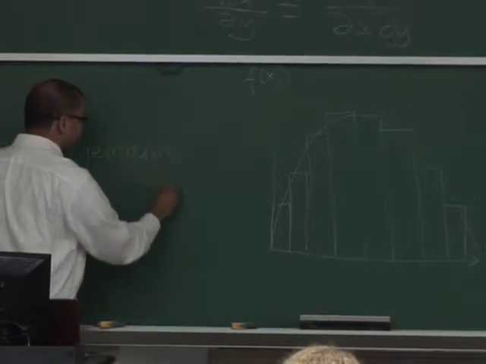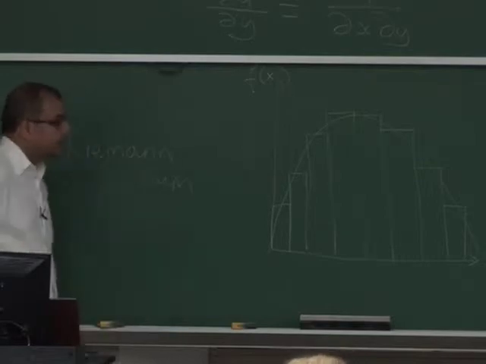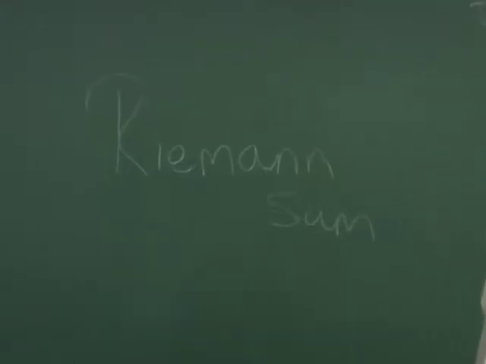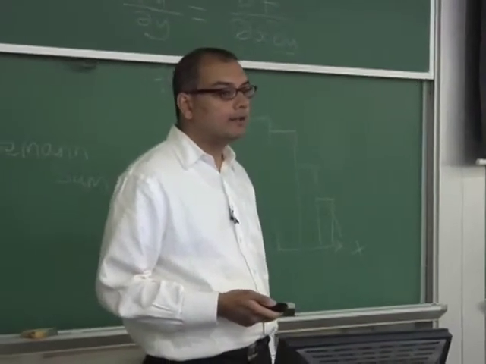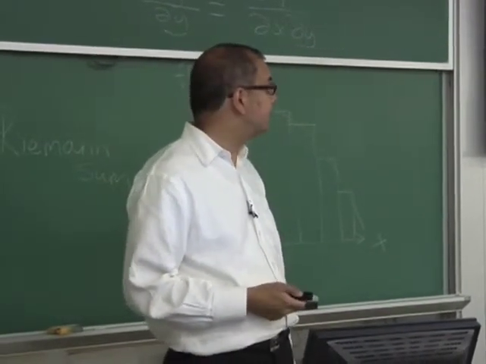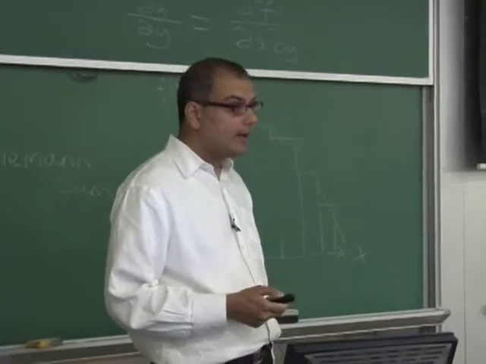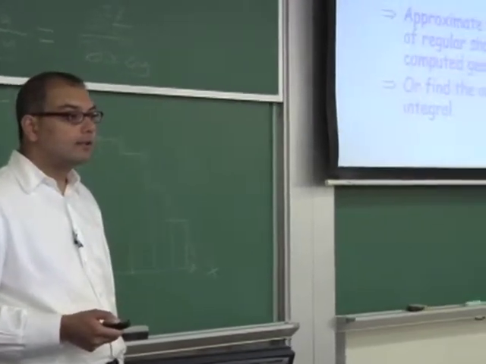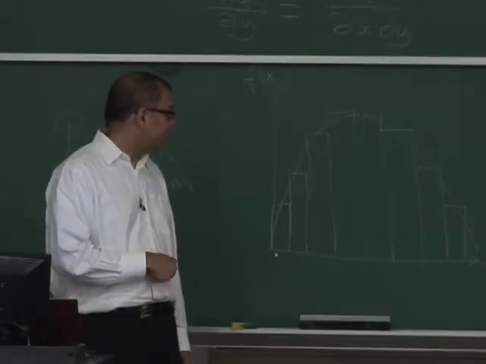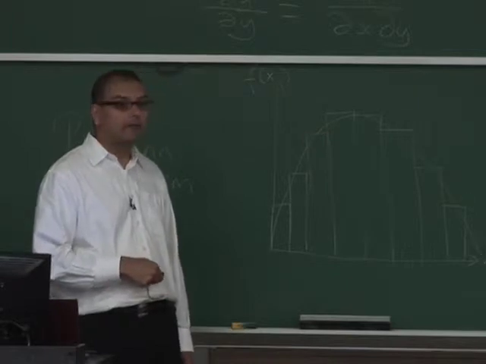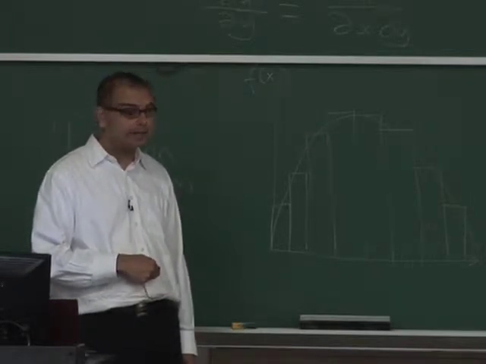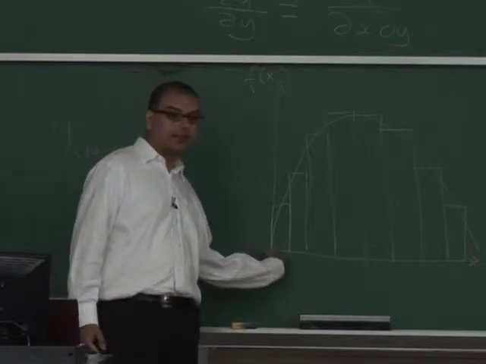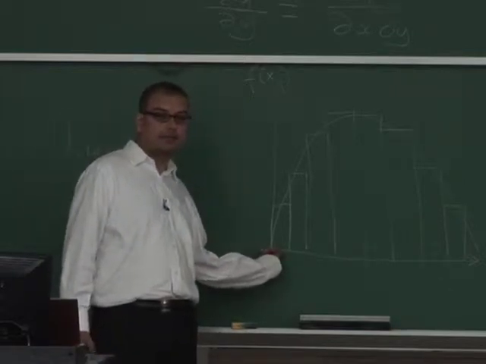And it turns out that the integral or the antiderivative is simply the limit of the sum of these rectangles as the width of each of these rectangles goes to